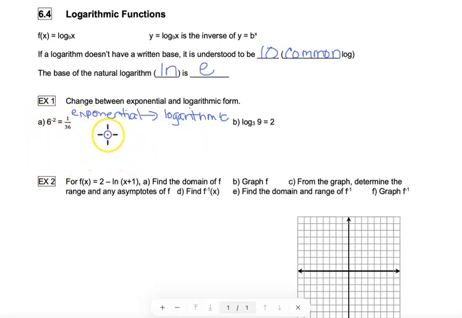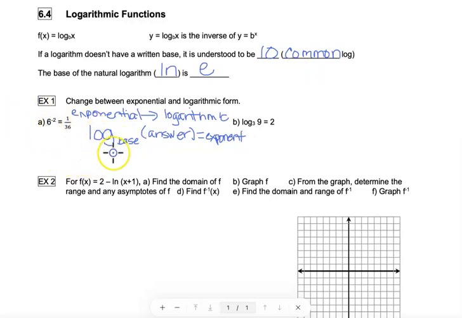The kind of script that we use for that is we use the log. Of course, it would be ln if the base were e. But then we put the base of the exponential as the base of the logarithm. We put whatever the answer was as the input of the logarithm. And we set that equal to the exponent. Sorry, my handwriting is really big with this tablet that I use for the